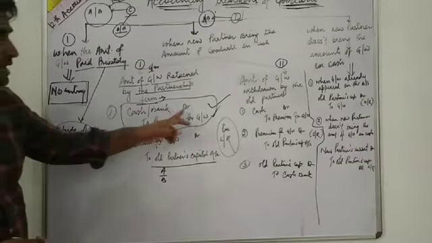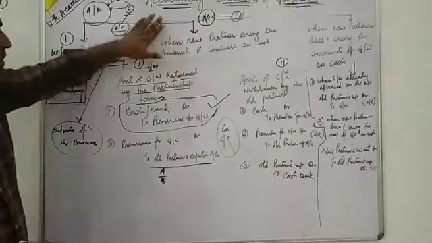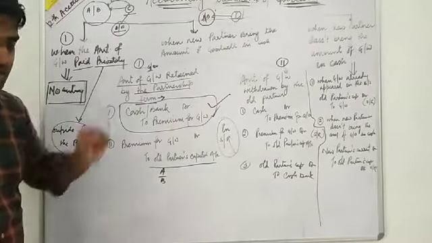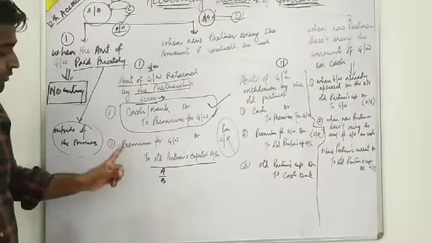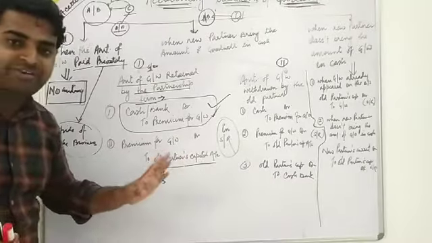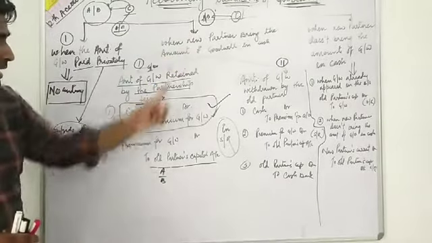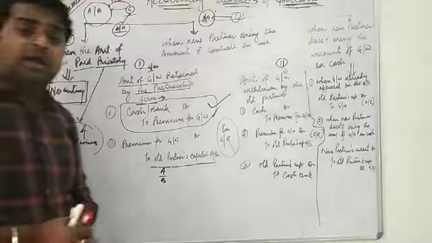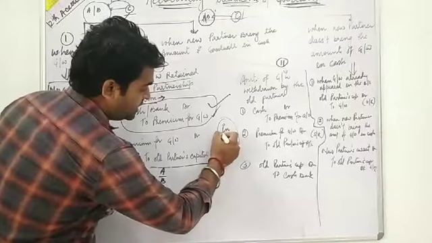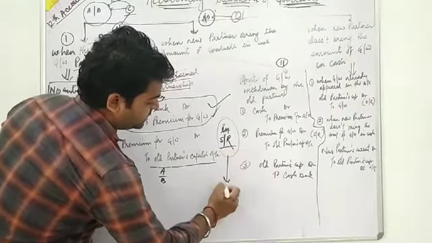You can see here, two entries will be passed in case number 2, first case. What? Cash/bank account debit to premium for goodwill. Whatever amount is brought by C, from that amount we will pass this entry. Second, premium for goodwill account debit to old partners' capital account. Whoever the old partners are, write their names, A and B here. And the amount will be distributed in the sacrificing ratio.